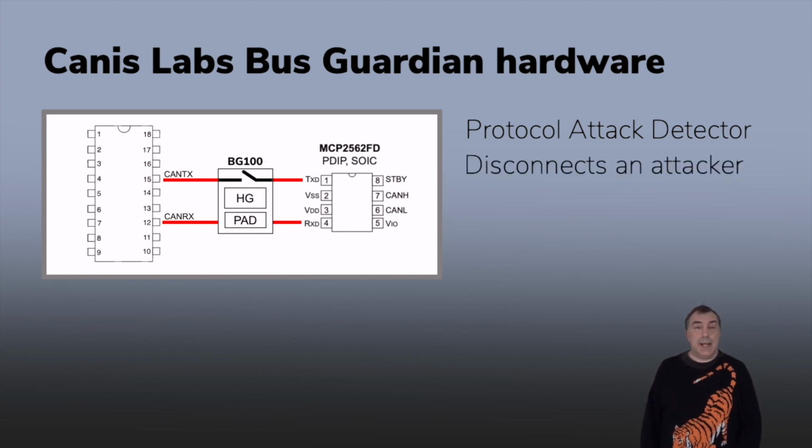It also includes CANHD augmentation of CAN, where high-speed data bits are inserted into the spare time in a CAN frame. The Bus Guardian tags all outgoing CAN frames with a CANHD header that includes the hardware source address of the frame. An intrusion detection and prevention system, IDPS, can use this information to detect a frame attack trying to send a spoof. The Bus Guardian also accepts incoming commands from the IDPS to disconnect or reconnect the host.